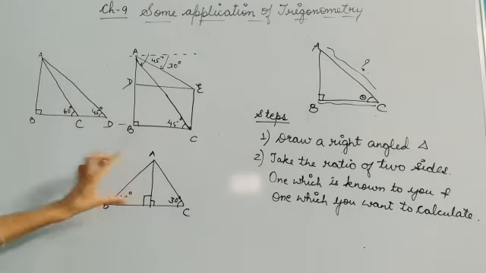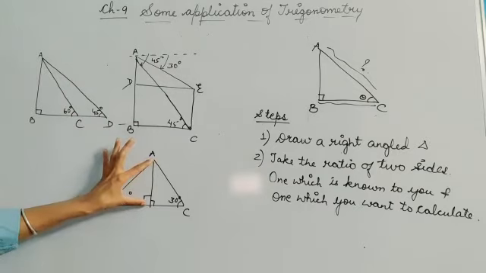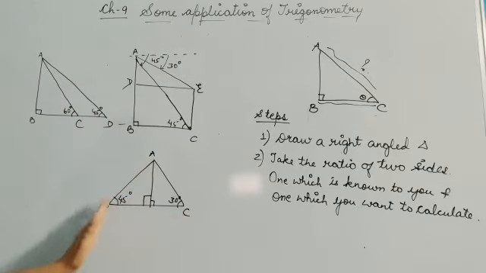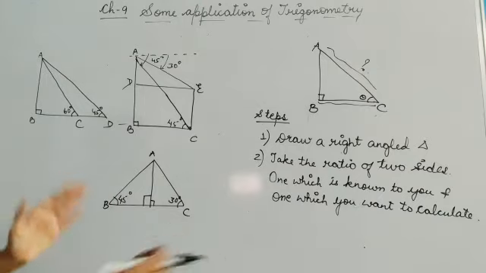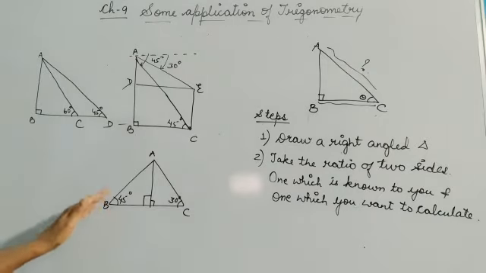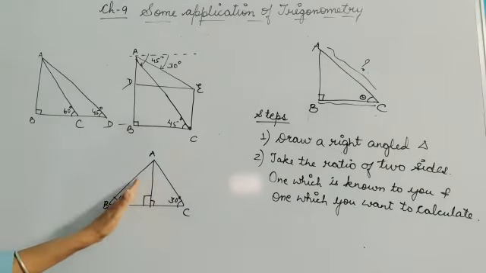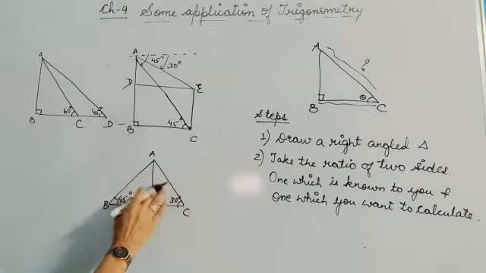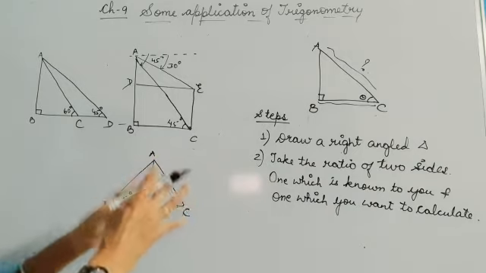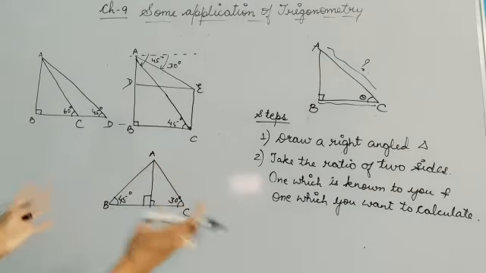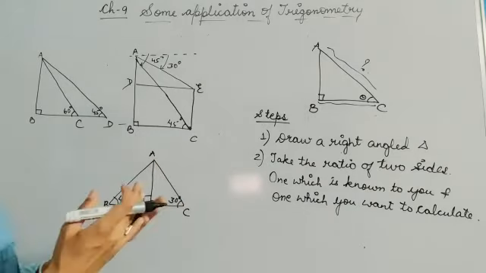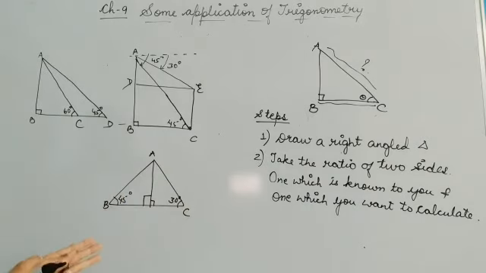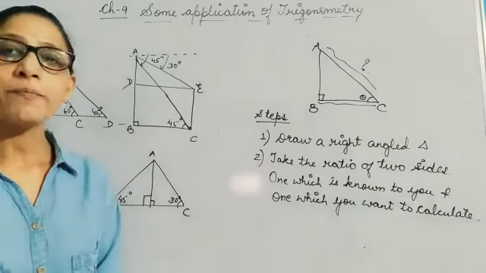Here if you have, say, this is your tree, or I can say these are the points on either side of the road side, then again you have here two right angle triangles. So you will be applying this second step in both the triangles, and by just comparing or putting one's value in the other, you will be calculating the required thing in the question.